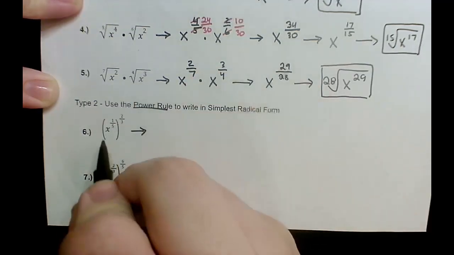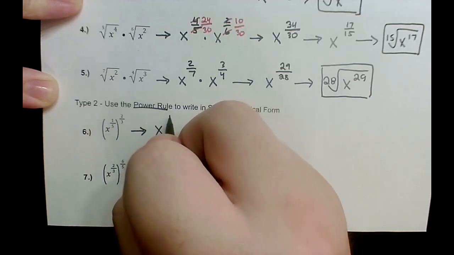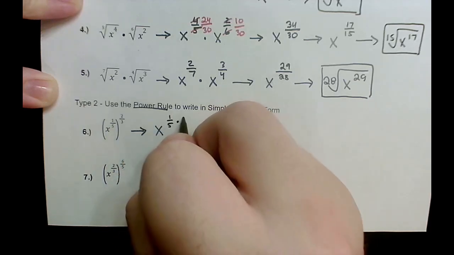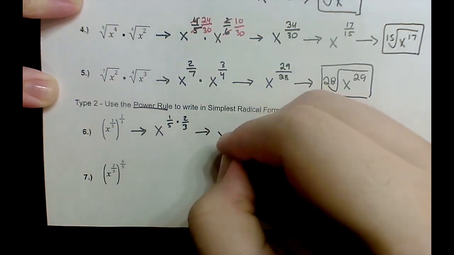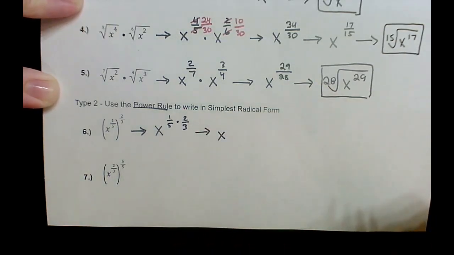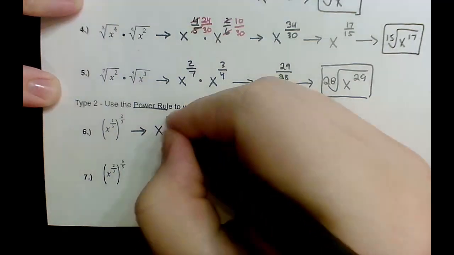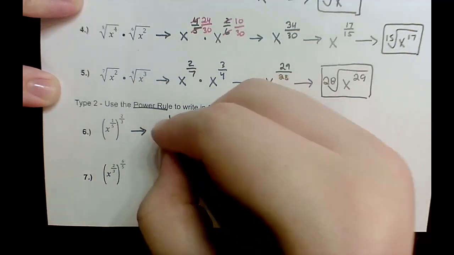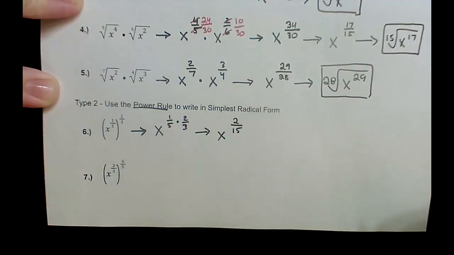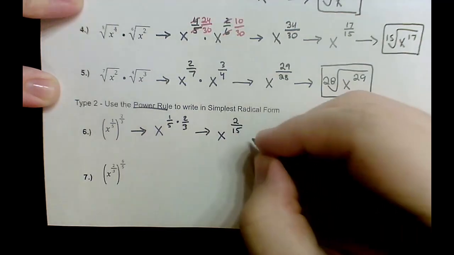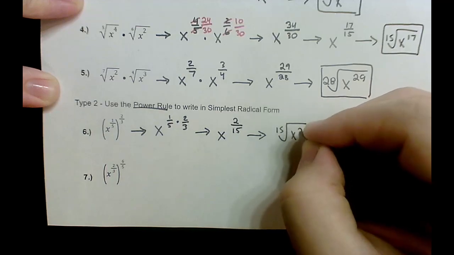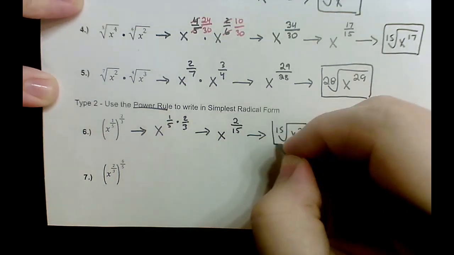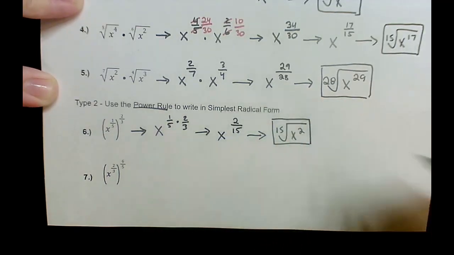So x to the 1/5 to the 2/3 power is just 1/5 times 2/3. We don't have to find a common denominator here, y'all. We just multiply them. 1 times 2 is 2. 5 times 3 is 15. 2 over 15 does not simplify. So 15 is the index, 2 is the power. The answer is